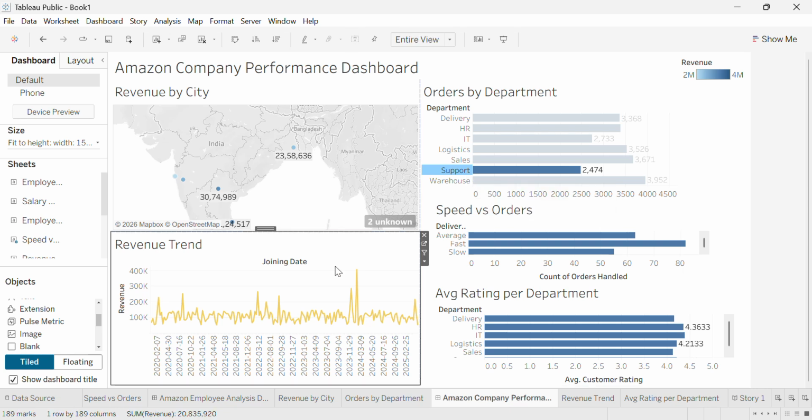The revenue trend graph shows how revenue changes over time, and the speed versus order chart helps analyze delivery speed performance. I also added interactive filters such as city and department filters, which affect all charts across the dashboard. Calculated fields and storytelling were added in the dashboard. In this project, I created multiple calculated fields including